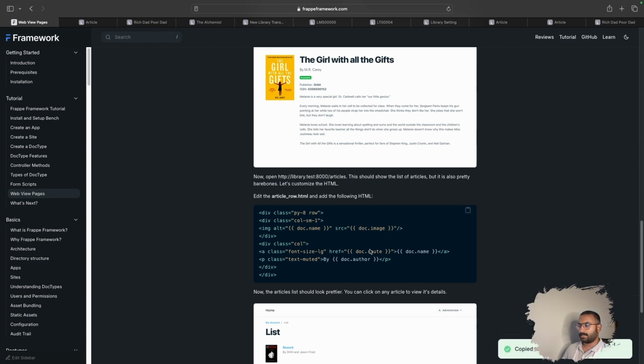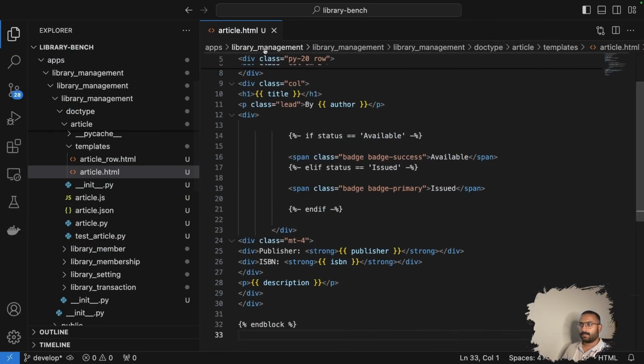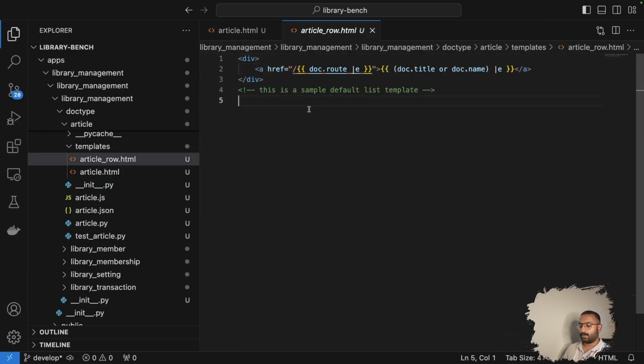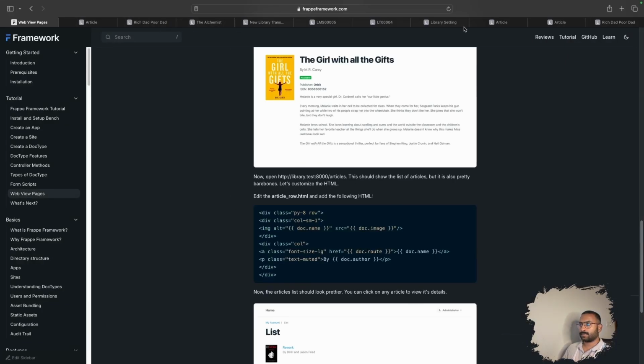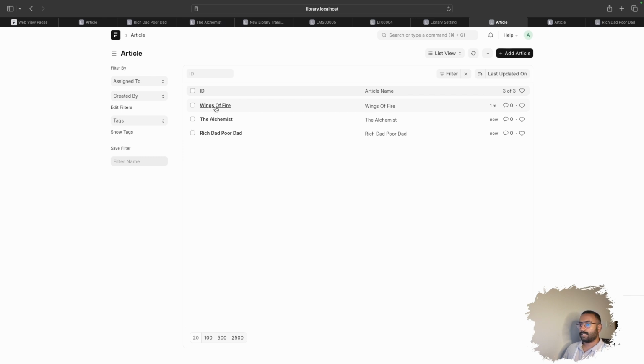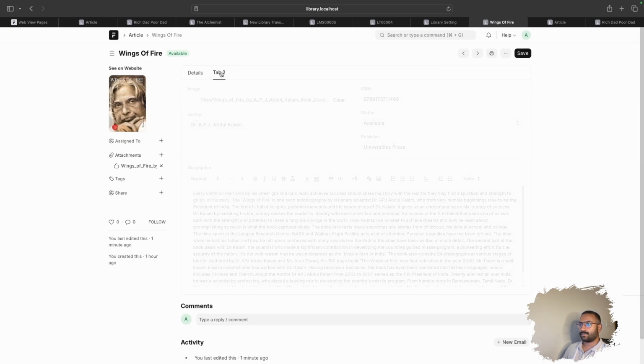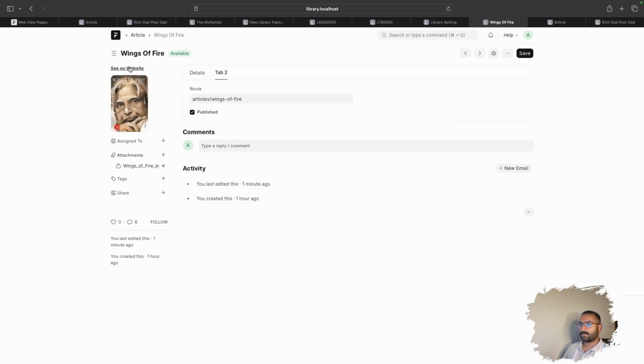Let's paste this thing. This is my article raw.html. Just paste this and go to article,